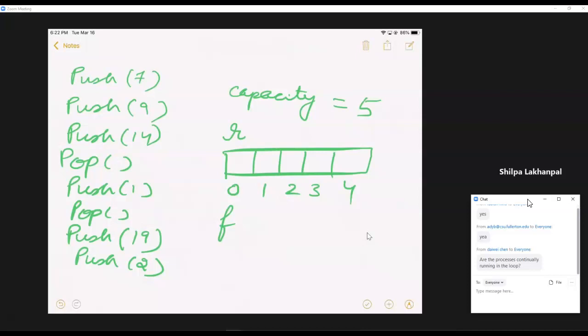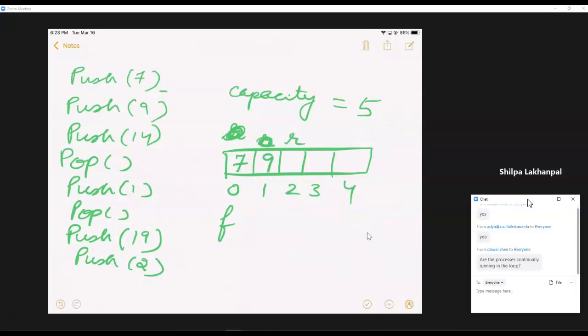Then for push 7, when push 7 happens, 7 is placed over here where R is. And then after that, again in the part of the push only, R has to move plus 1 mod capacity, which will actually just move R plus 1. Then 9 is placed over here and R is moved plus 1.